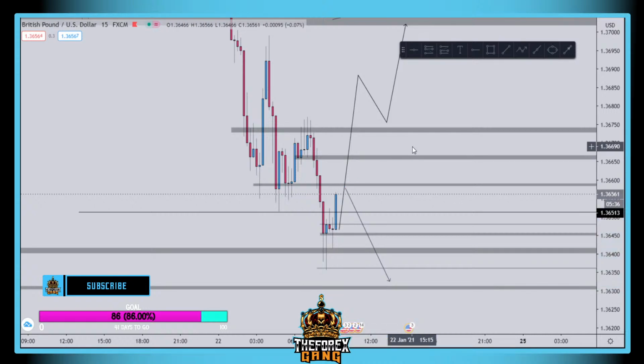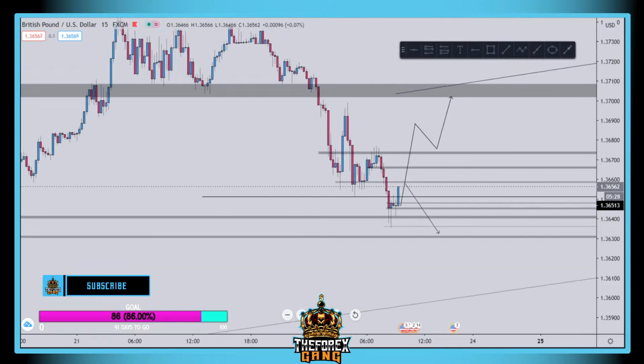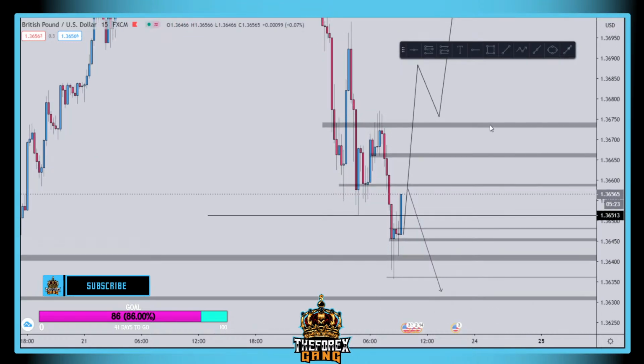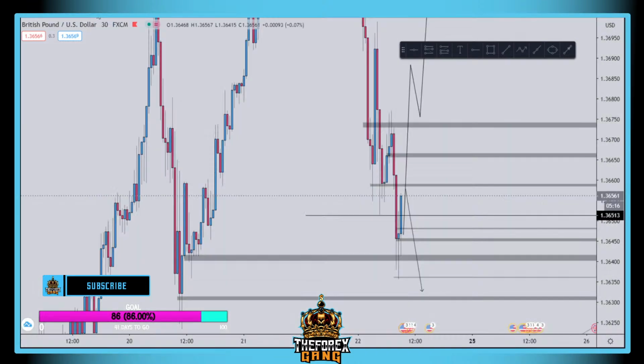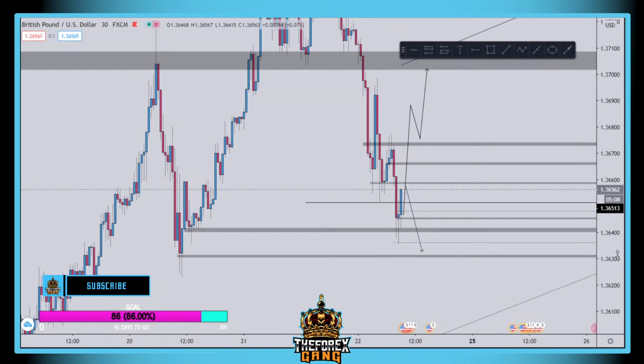Do you guys visualize the same? If it goes back to that area, I think it will go to 36.59 and make a resistance. But if it closes above that, then you can think about going to buys. But I would say it's gonna go and make a resistance here. That's what I think. Well, the thing is, we have the Flash Manufacturing PMI soon.